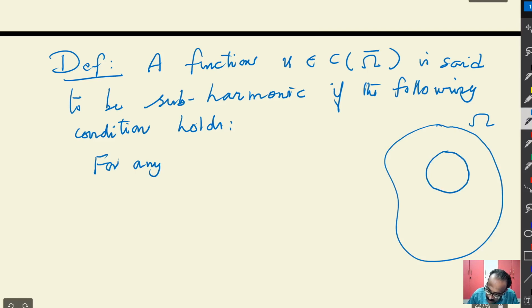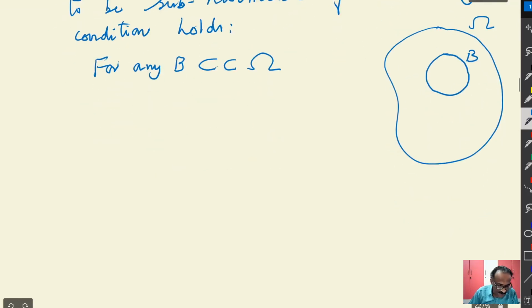It's not a fixed ball. For any ball B, of course it should be compactly contained, should not coincide, a ball B contained in omega, and if v is a harmonic function, in the normal way a smooth function,